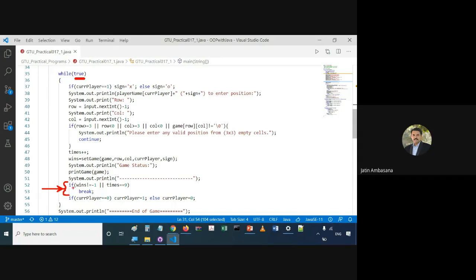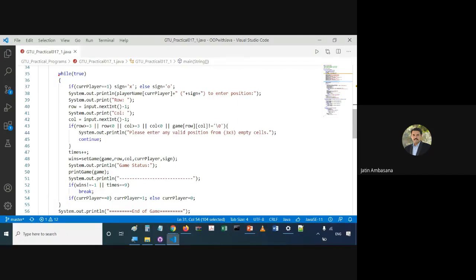You can see if wins is not equal to -1 or times is equal to 9, then we need to break. wins not equal to -1 means any number represents that a particular person has won. And if times is equal to 9, it means all the nine locations have been filled. If times is equal to 9 and wins is equal to -1, it means no one has won. Okay, it's as simple as that.